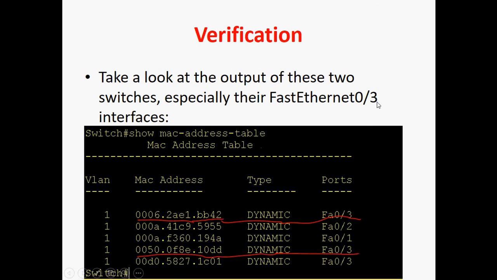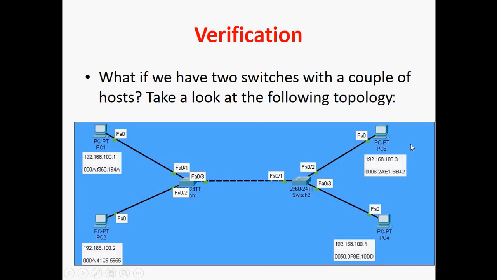In switch 1 I am giving show mac-address-table. Switch 1 learns the PC3 and PC4 MAC addresses through FastEthernet 0/3, because the PC3 and PC4 frames come towards the switch through FastEthernet 0/3. So the switch will learn those MAC addresses through the FastEthernet 0/3 port.